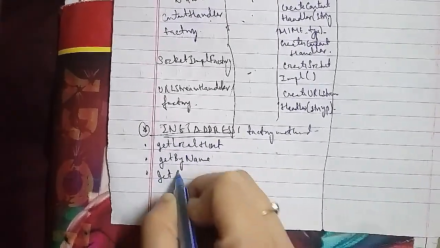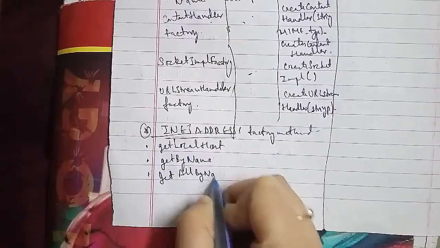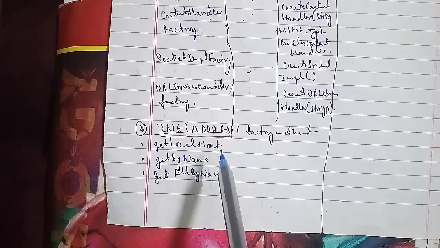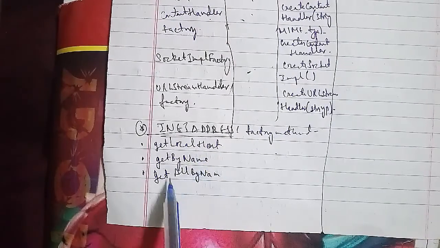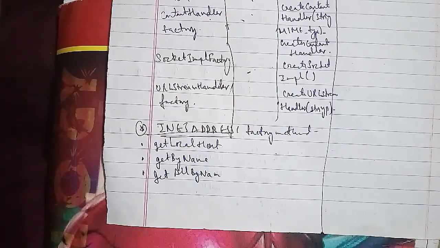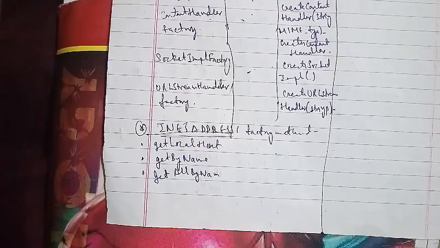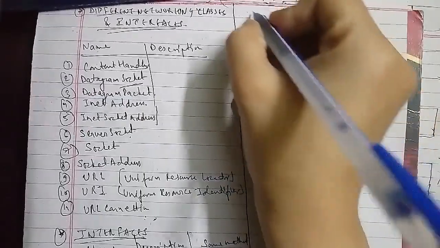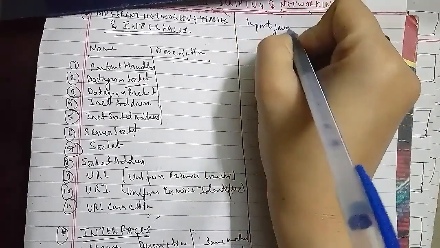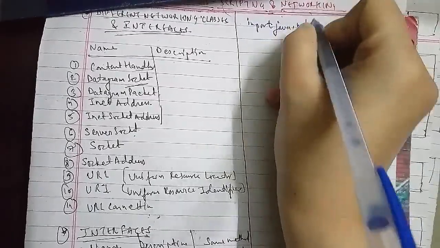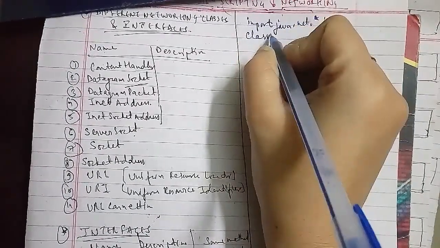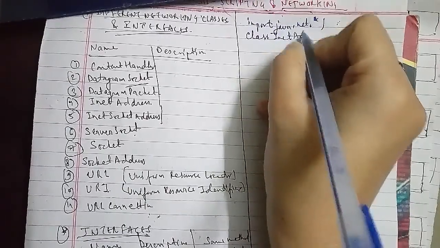Then class InetAdd1, then start a curly bracket, then public static void main, that is String args, throws UnknownHostException,